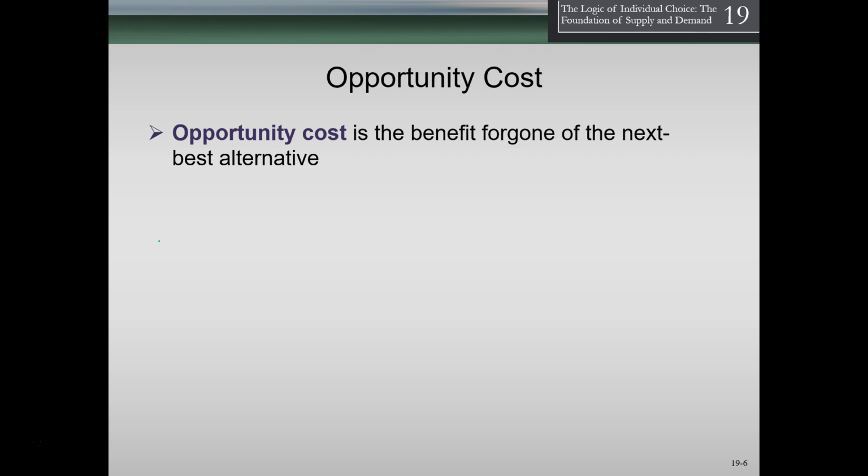So opportunity cost is the benefit foregone of the next best alternative. So we've talked about opportunity cost before. Remember, what we're saying here is that everything has a cost. Now, it's got, of course, costs in terms of just financial cost, and we have to take into account the opportunity cost. Opportunity cost being the cost of the next best thing. So when we think about the cost of doing something, we have to think about what is the cost of doing what we decided not to do.